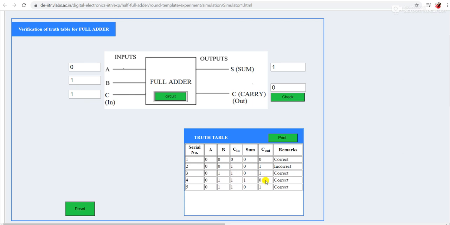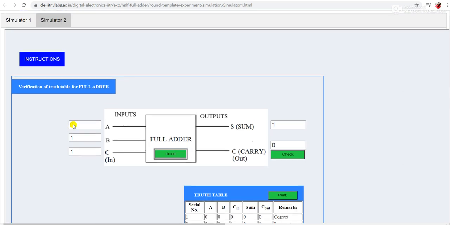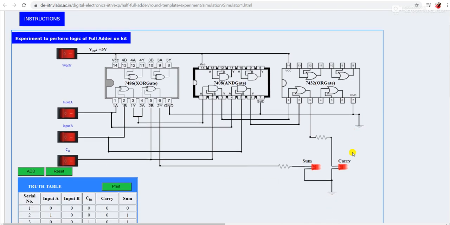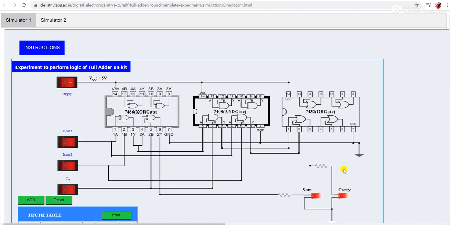Please verify this with the help of your truth table. All things are fine, the circuit is working properly, but there is some mistake in the representation of sum and carry in this diagram.